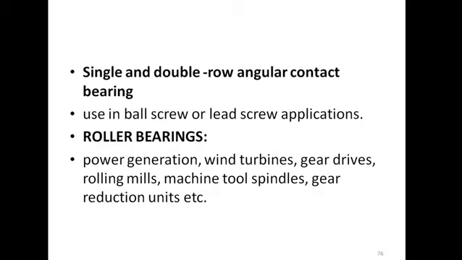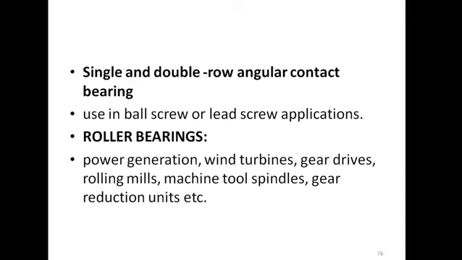So these are the things we have seen about the bearings. Today we have discussed the bearings. In bearings today we have seen what is meant by bearing, why we are using bearing in industry. Then we have seen the classification of bearing, how many types of bearings are present in industry, and last we have seen the application of bearing. So this is a very important thing as per the bearings.